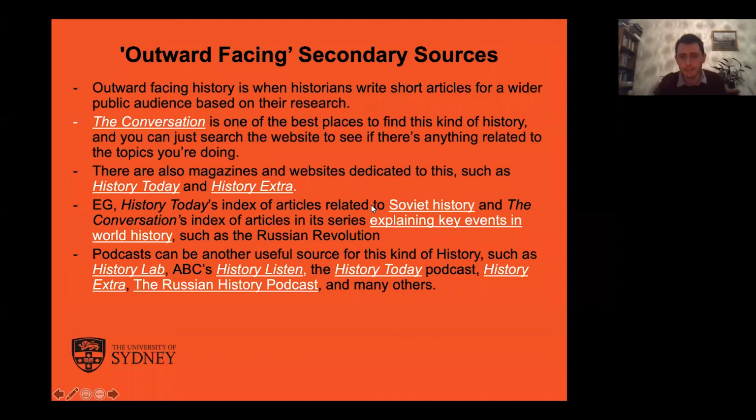And I have included links to stuff like, here's the list of the dozen or so articles about Soviet history that these kind of things publish. In addition to The Conversation, there are specialist magazines and websites dedicated to this, such as History Today and History Extra in the UK. I was looking at this earlier today, seeing what they had about Nazi Germany, for example, and History Today has published 1,500 articles on that. So you can find huge numbers of quite short articles, usually about 2,000, 3,000 words,